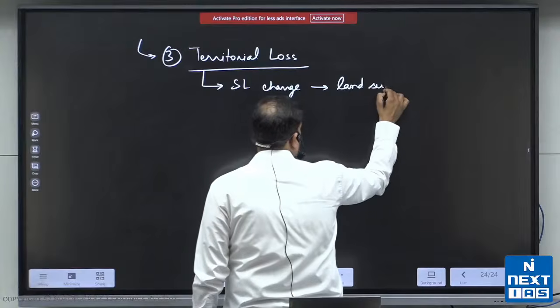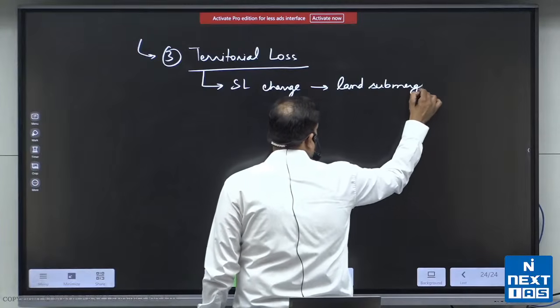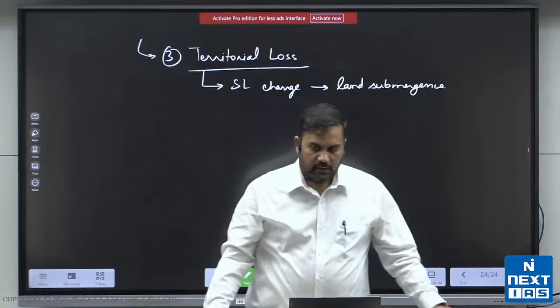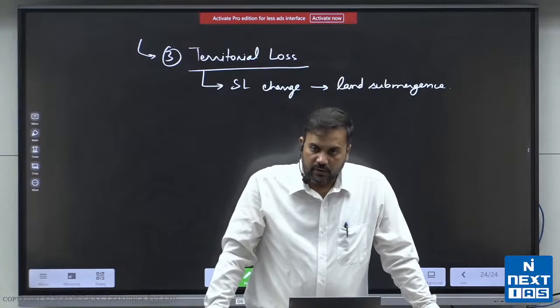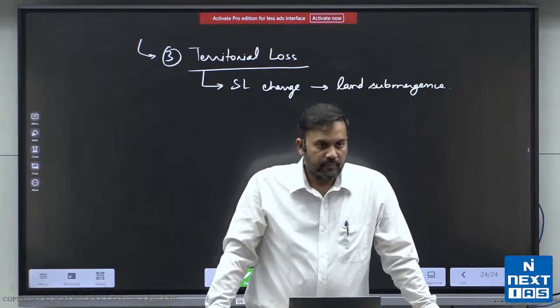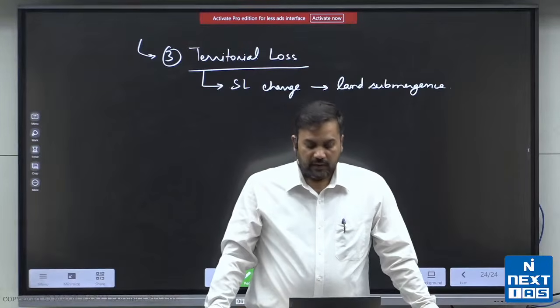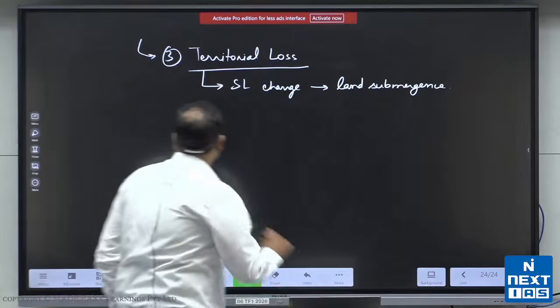Land submergence is a very good example where there is territorial loss also taking place because of this. ठीक है? Then if you talk about other things like there is also